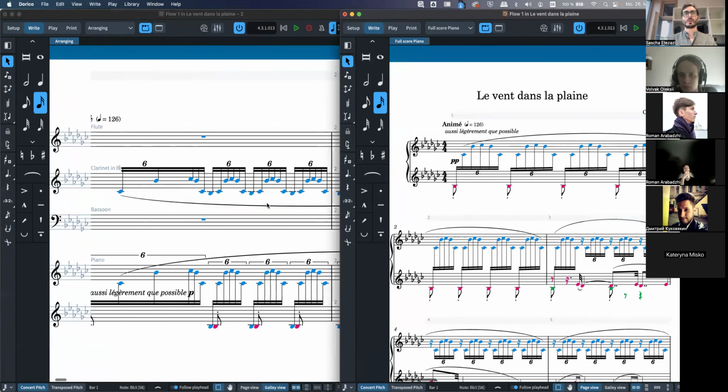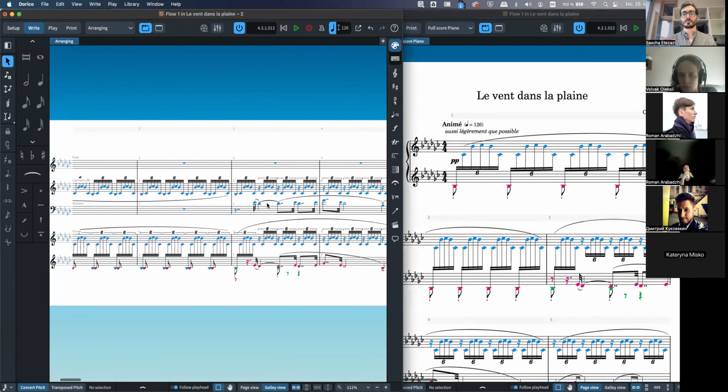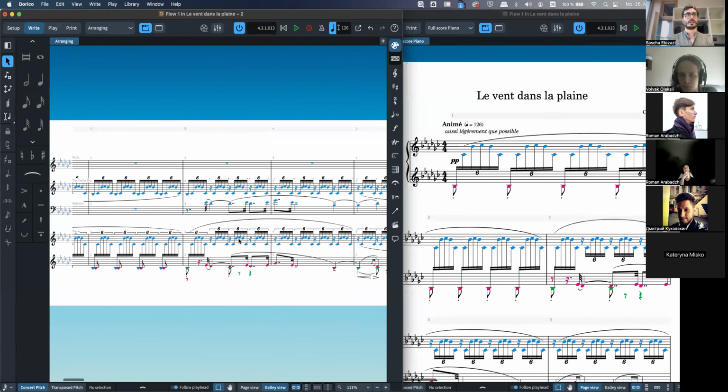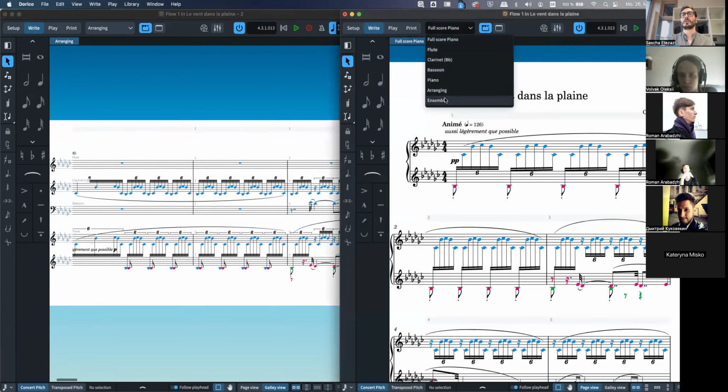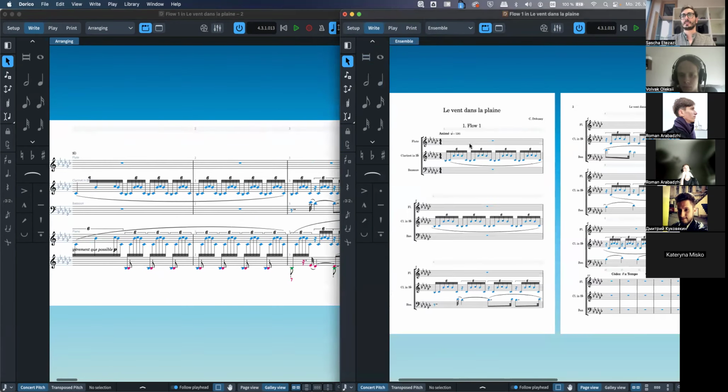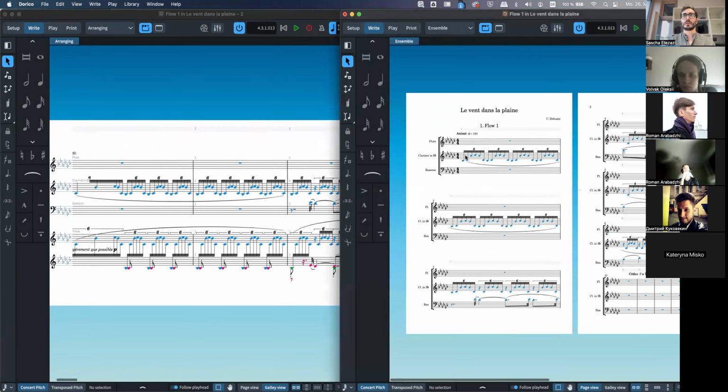Like this. And I can also work like this. So these are just different options. I like to work in this view the most, and then, for example, have here my ensemble, and then I can see here kind of only the ensemble